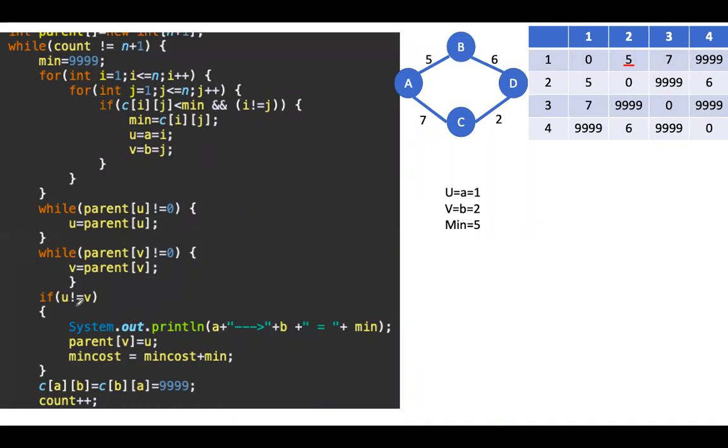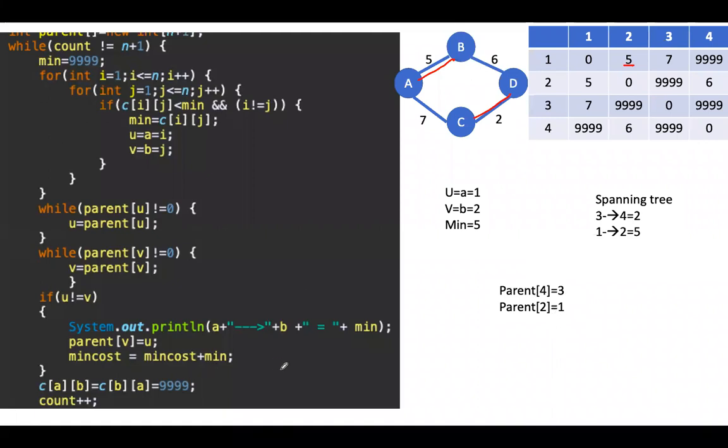And then we'll go here, u is not equal to v. Spanning tree, a value is 1, b value is 2. A to b, 1 to 2, its cost is 5. So it has selected this edge, and then it has selected this edge into our spanning tree. Edge with least cost and then edge with next level of cost. So parent of v, here v is 2. So parent of 2 is 1. Before, earlier, parent of 4 was 3. Here parent of 2 is 1.